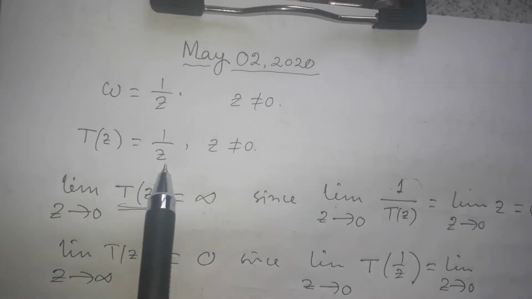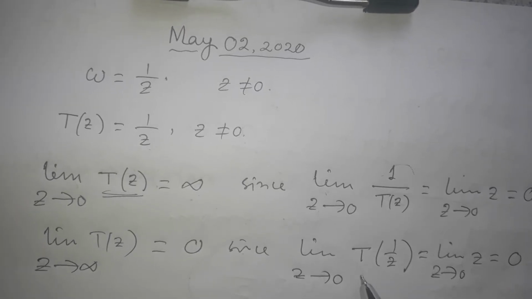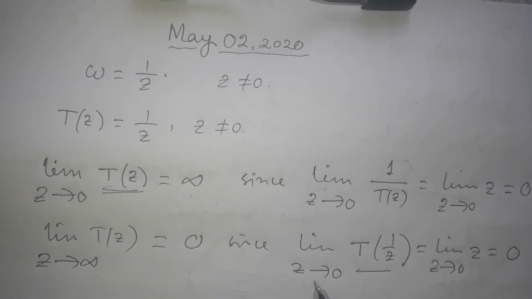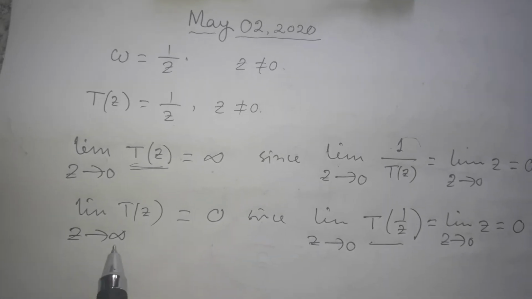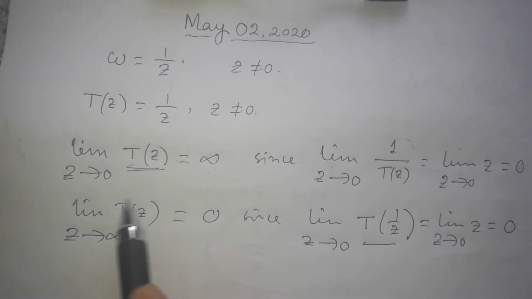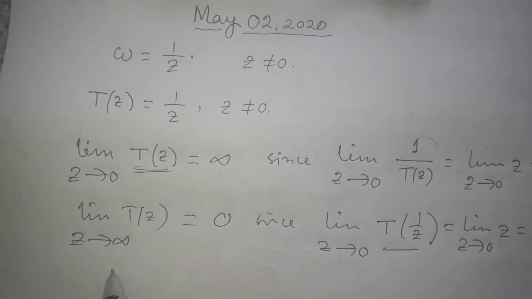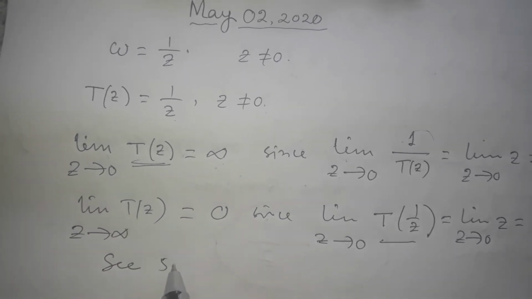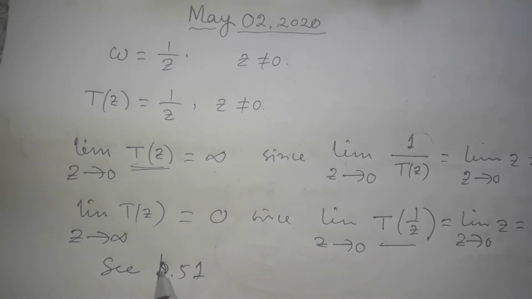Your T(z) is 1 by z, so T(1/z) is z, and that is also equal to 0. So the limit of T(1/z) as z tending to 0 is 0, therefore the limit of T(z) as z tending to infinity will be 0. You can see page 51 of the text